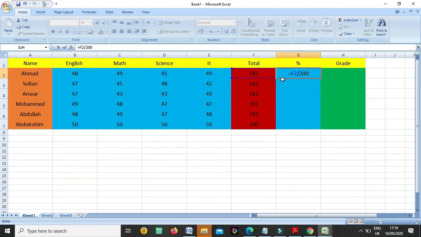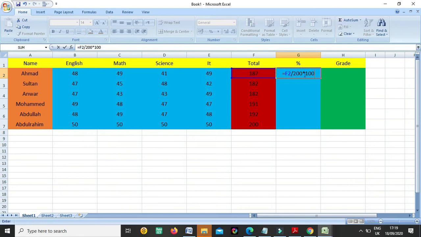From 200. And when we put the percentage formula, we multiply by 100. So again, F2 is the total for all these marks. 200 is the actual total, meaning from how many marks he got 187.